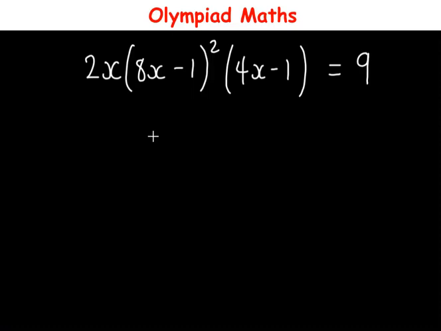Hello everyone, in this video let us solve this question. We have 2x into bracket 8x minus 1 all squared, multiplied by 4x minus 1, is equal to 9. And here, we are to solve for the value of x. So x is the unknown we are solving for. To solve this,